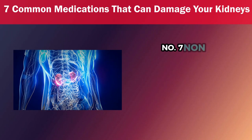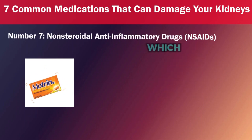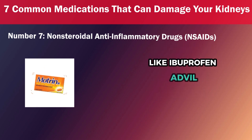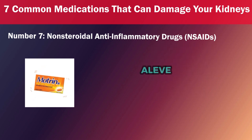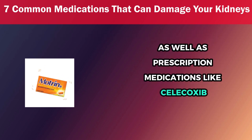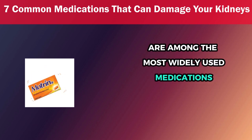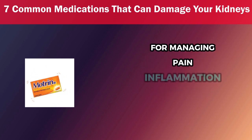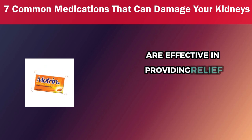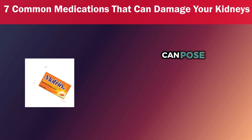Number 7. Non-steroidal anti-inflammatory drugs. NSAIDs, which include common over-the-counter pain relievers like ibuprofen, Advil, Motrin, naproxen, Aleve, and aspirin, as well as prescription medications like celecoxib, Celebrex, and diclofenac, are among the most widely used medications worldwide for managing pain, inflammation, and fever. These medications are effective in providing relief from pain and inflammation, but their regular or high-dose use can pose significant